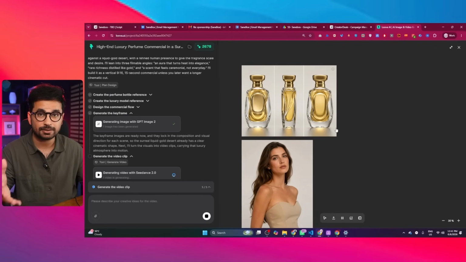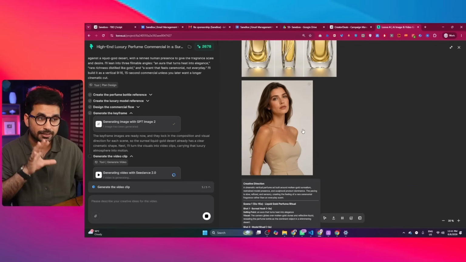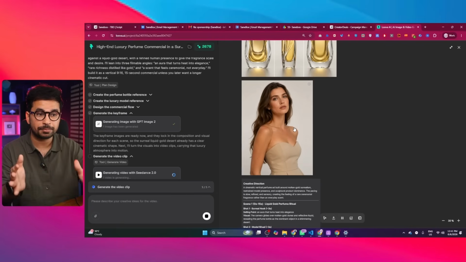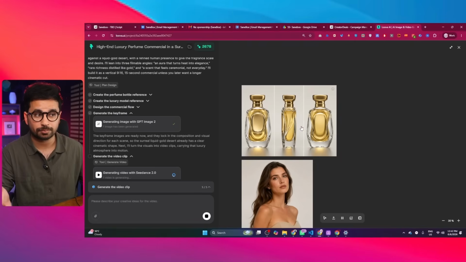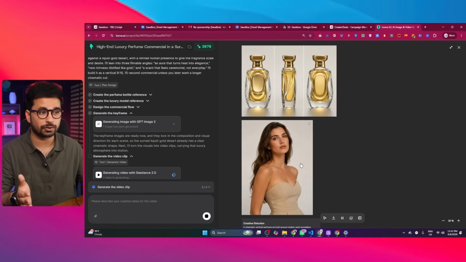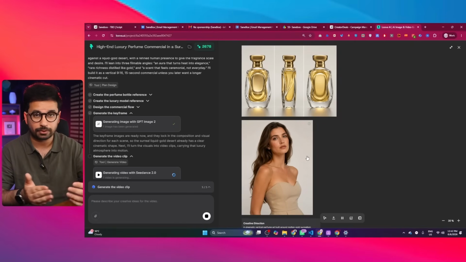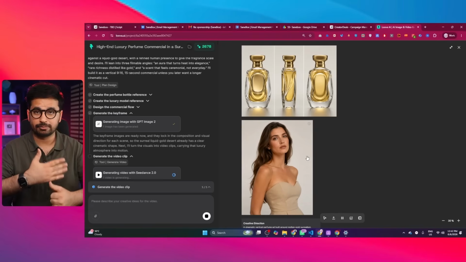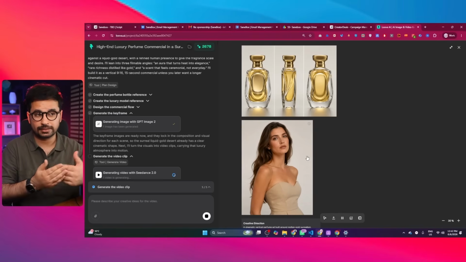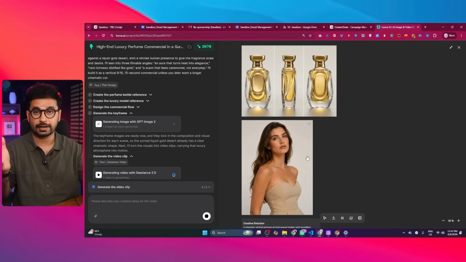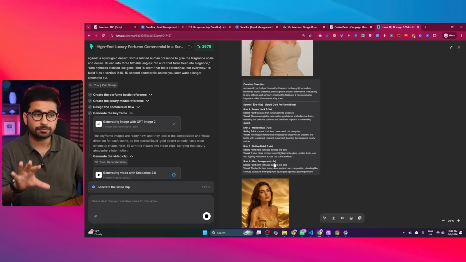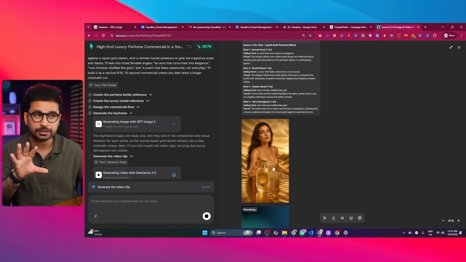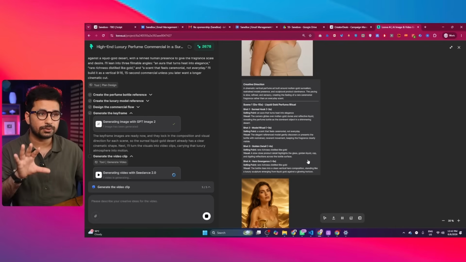And this is where things get more interesting. I can guide this tool as a director. I can jump in at any stage as a director and ask it to maybe customize the look of this product, maybe change the outfit of this model, or maybe completely change the model. I don't like the look of this model maybe, and maybe choose a completely different model, change the ethnicity, change the hair color, or anything that you want to change, or maybe change the creative direction. So before the final video is generated, you have complete control over what exactly you want to change